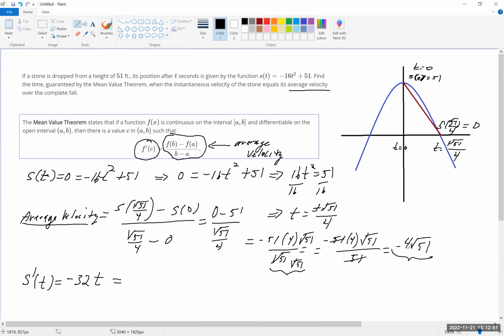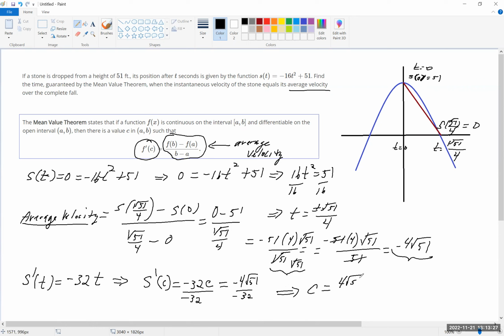We already found this. So let me do it this way. s prime of c, in other words, minus 32c is going to be equal to minus 4 root 51. So if I solve, divided by negative 32, divided by negative 32,